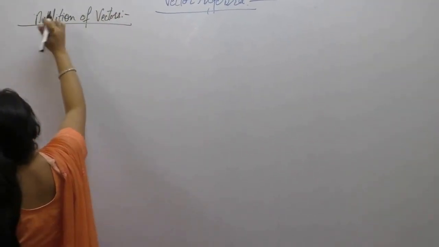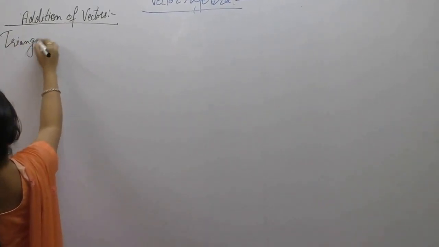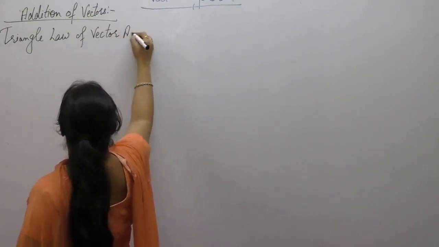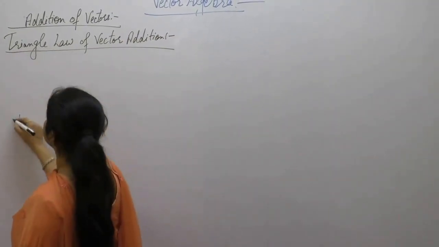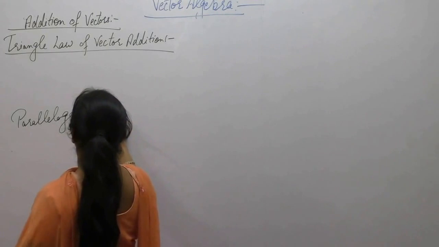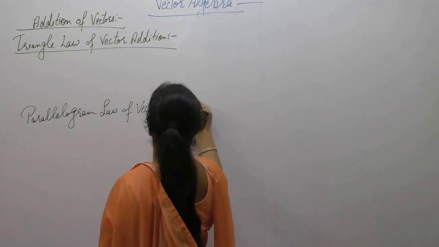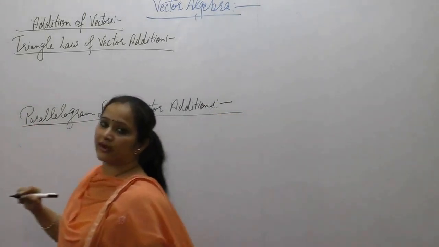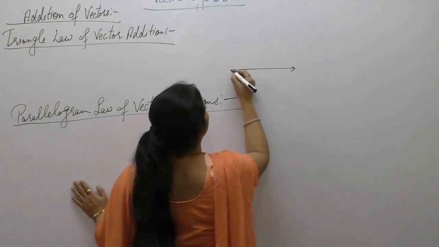Addition of vectors by triangle law of vector addition, and next is parallelogram law of vector additions. In triangle law of vector addition, when two vectors are represented by two sides of a